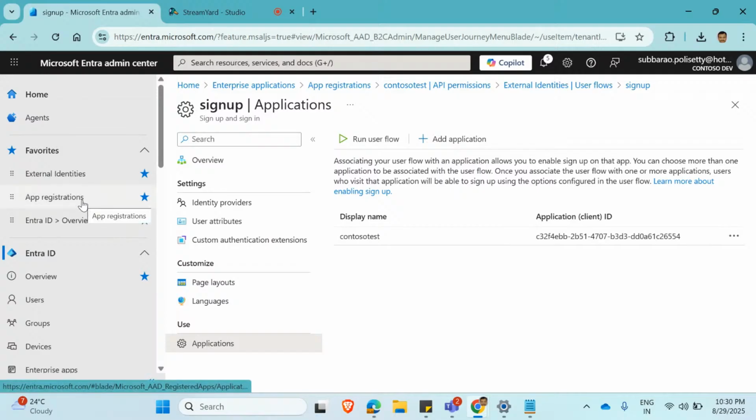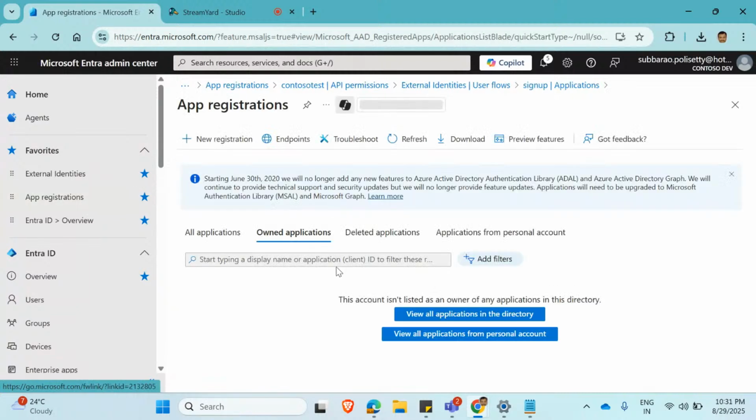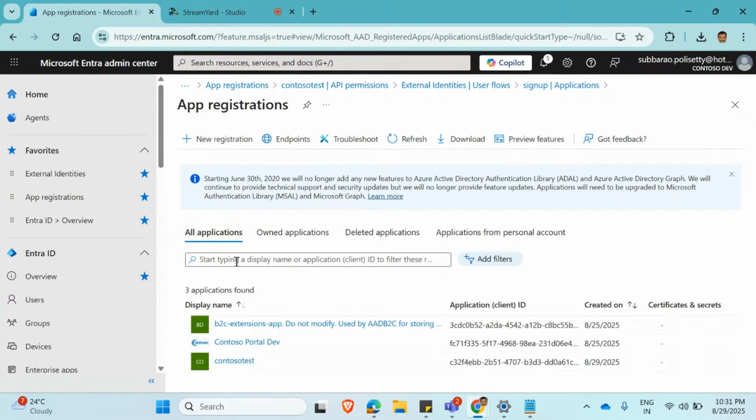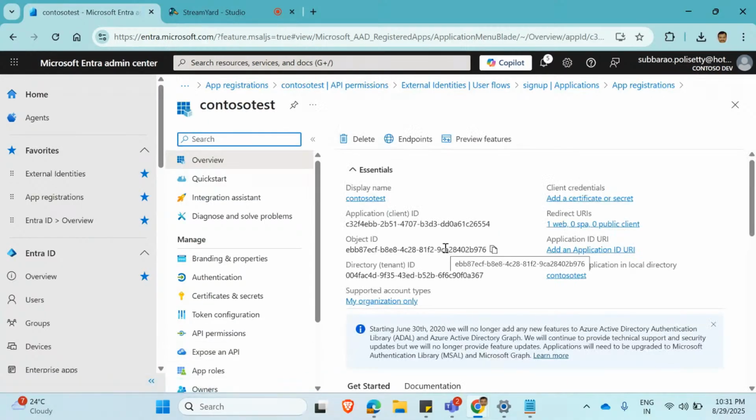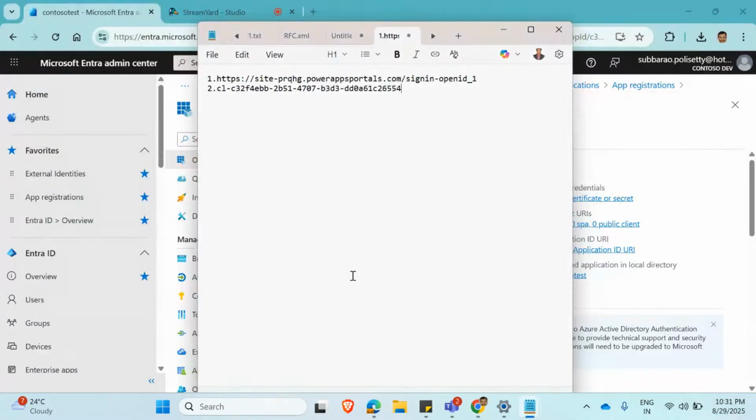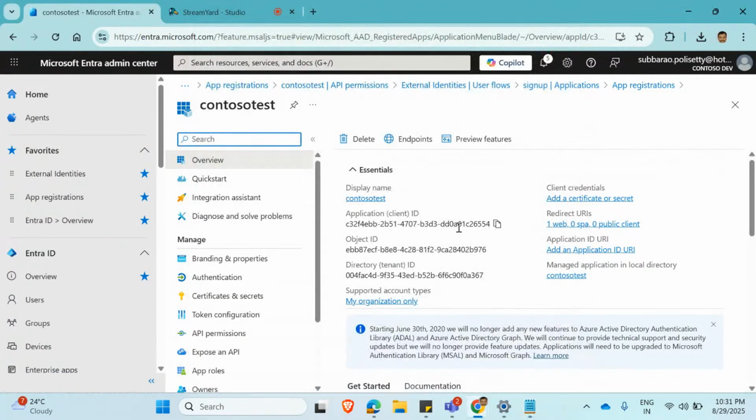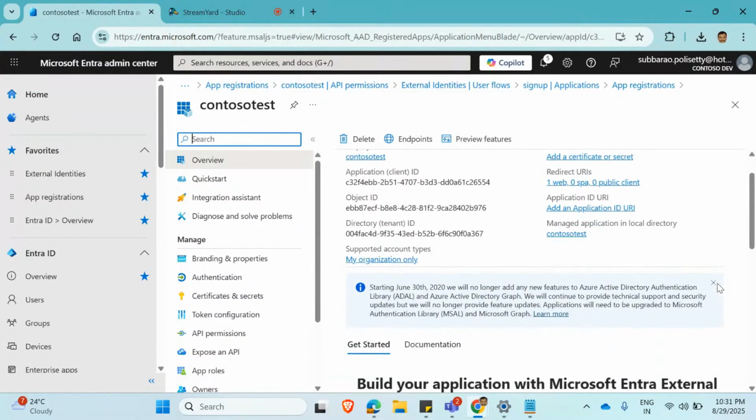So now if I go back to my app registrations, you will get to see my Contoso test. This is the app that I have created. So now I have copied this particular client ID. So this is the one, and then under here,